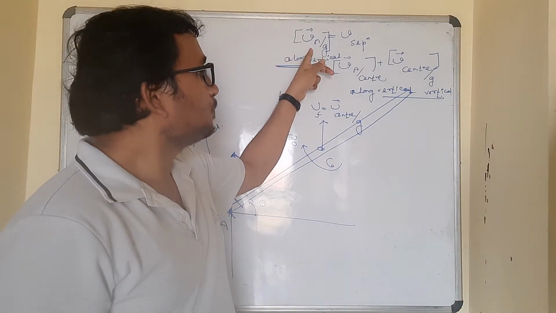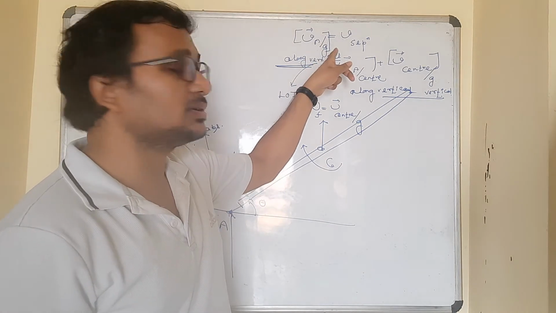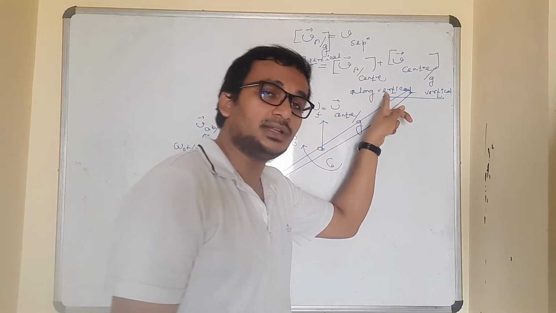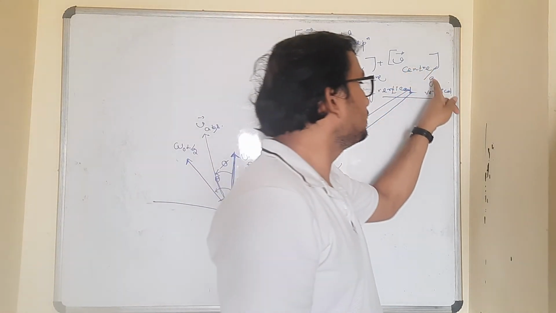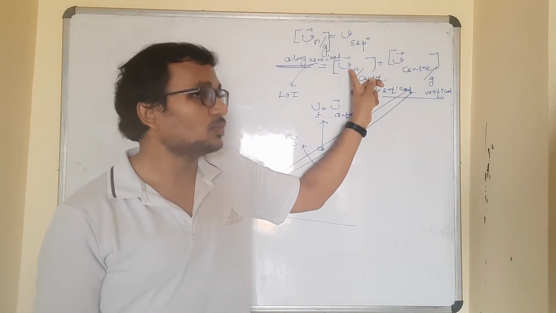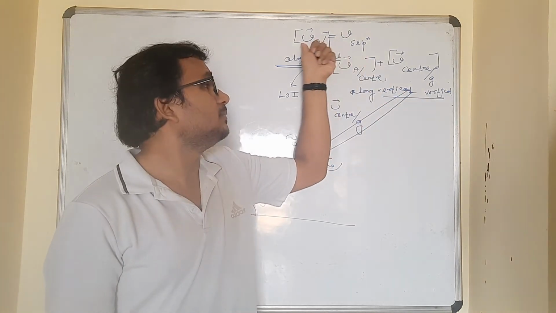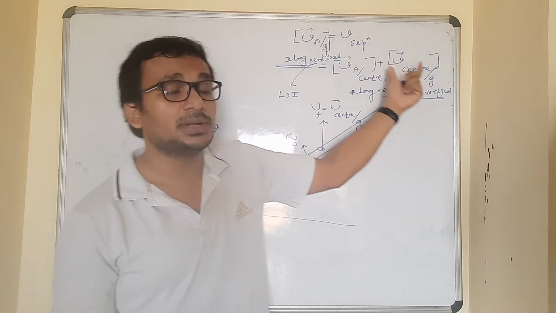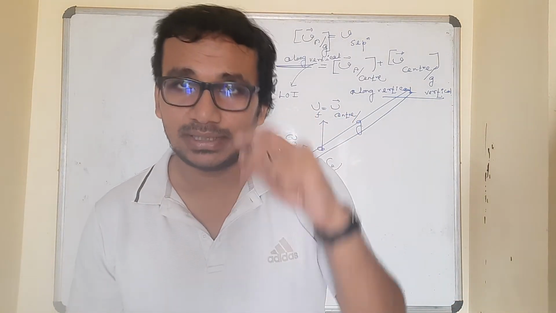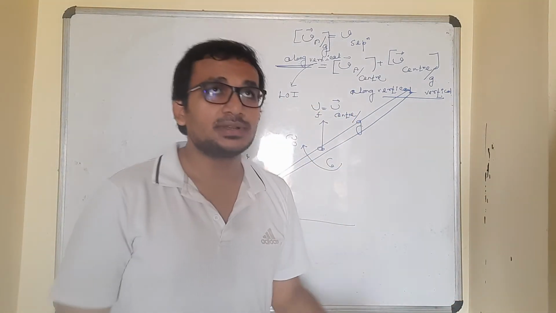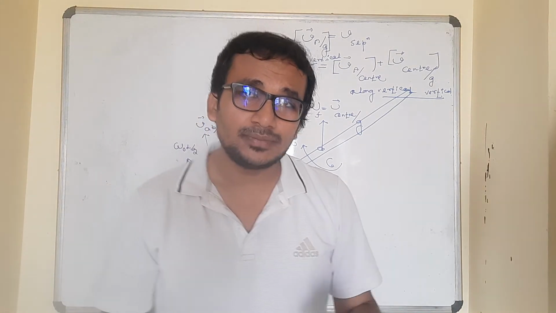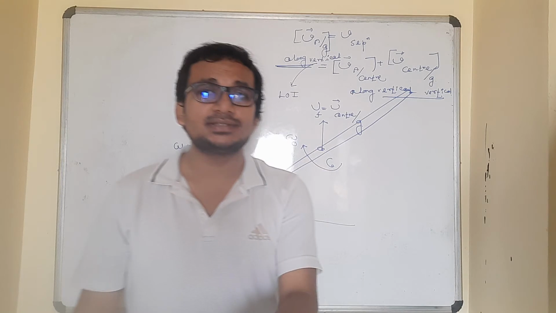Simply I'll say the absolute component along the vertical will be equal to the component of velocity of wave with respect to center plus the component of center with respect to ground, because these two are independent vectors, which on being added are going to give me this resultant. Whenever more than one independent vectors add to give a resultant, the component of the resultant along any direction becomes equal to the sum of the components of all the vectors along that direction.